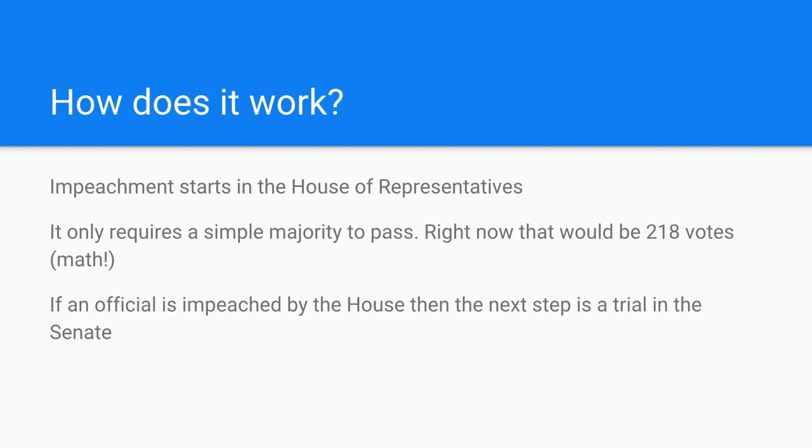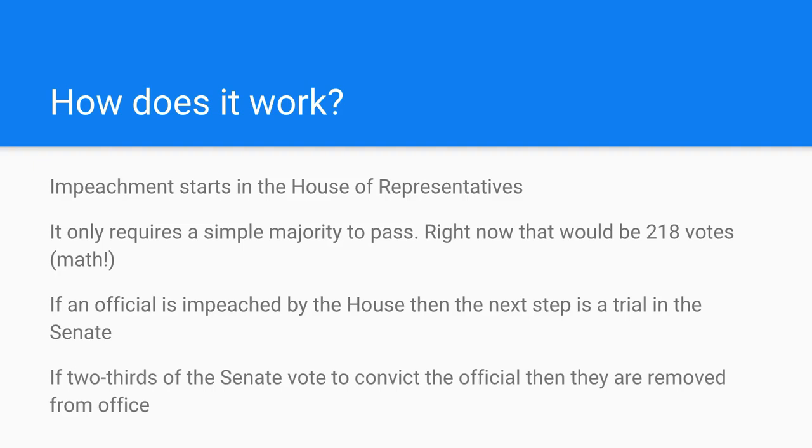So it goes to the other part of Congress, and it takes 2/3 of the Senate to vote to convict the official based on those impeachment charges. And if 2/3 of the Senate agrees, then that person is removed from office. So this is the actual trial. Now you may sometimes think the Supreme Court is involved. That is only because if a president is being impeached, the Chief Justice of the Supreme Court presides over this trial in the Senate. But they don't have any actual say in what happens. It's a power given to Congress only. So the House impeaches, and then the Senate can vote to remove that person from office.